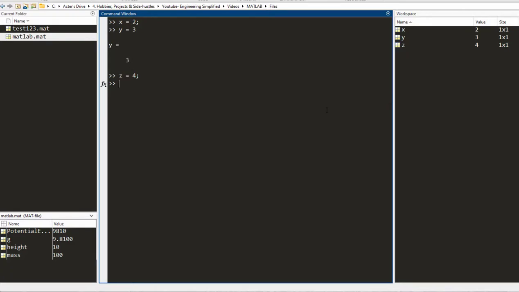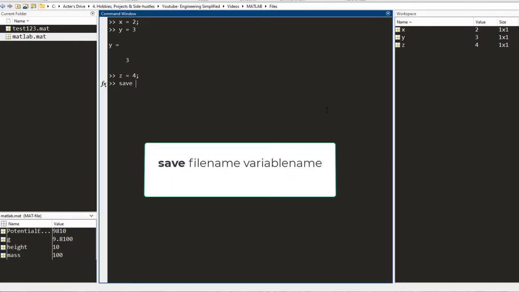So how I can do that is I again write save followed by space and I type out the file name. So I say MATLAB123, this is the file name, followed by the variable that I need to save. So if I just need to save x, I type out x and press enter.